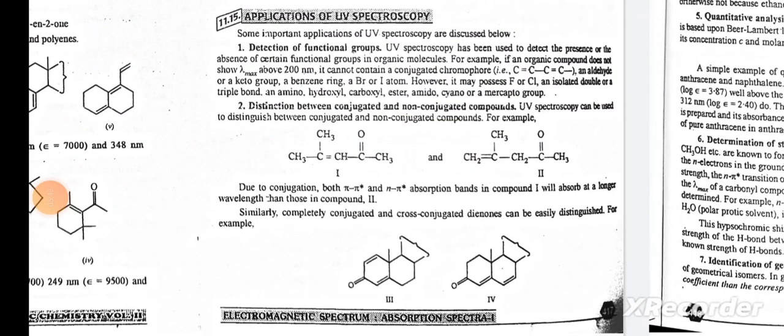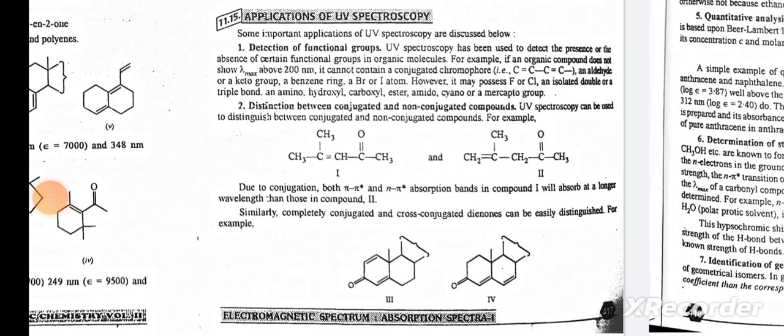Applications of UV spectroscopy. Some important applications of UV spectroscopy are discussed below. Detection of functional groups: UV spectroscopy has been used to detect the presence or the absence of certain functional groups in organic molecules. For example, if an organic compound does not show absorption above 200 nm, it cannot contain a conjugated chromophore, an aldehyde or a keto group, a benzene ring, or a Br or I atom. However, it may possess F or Cl, an isolated double or a triple bond, an amino, hydroxyl, carboxyl, ester, amido,